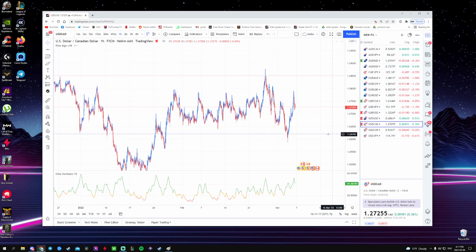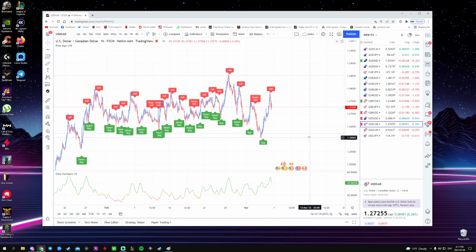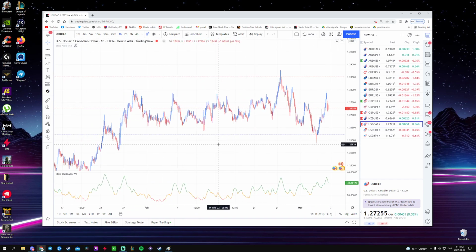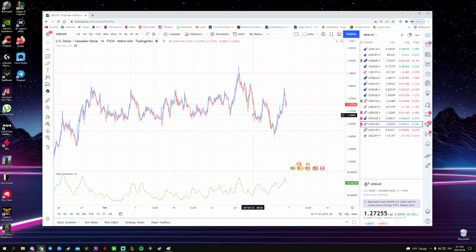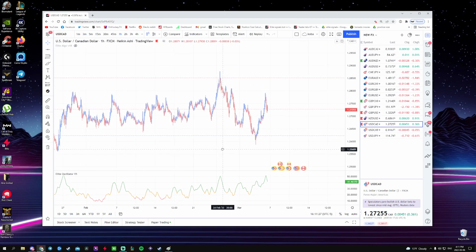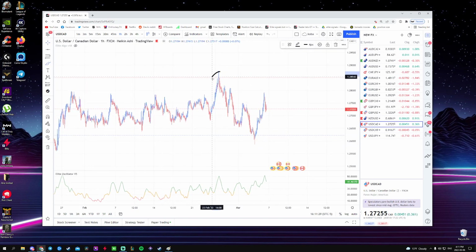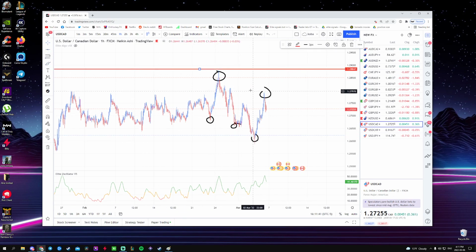Okay, so if we look at this one, guys, let's turn off the Algo so we can see it more clearly. We see that, okay, a downtrend has started. How do I know a downtrend has started? Because it's been making lower highs and lower lows, as you guys can see. So this actually might be a good opportunity to start taking some trades, because if we draw a trend line,